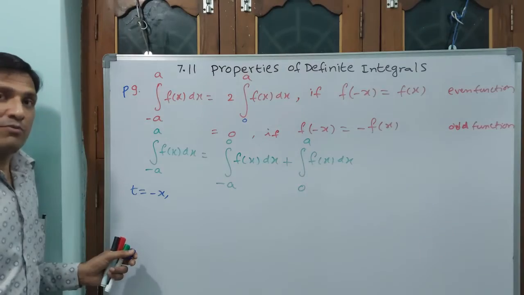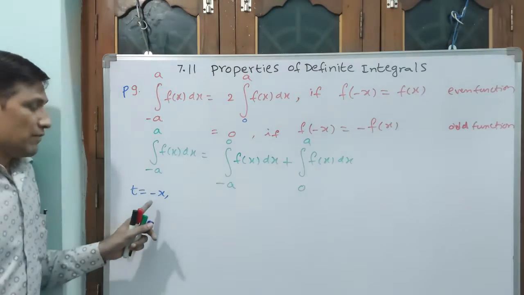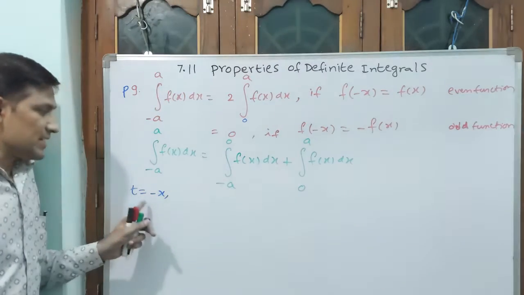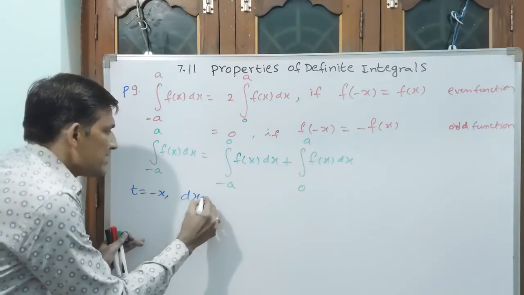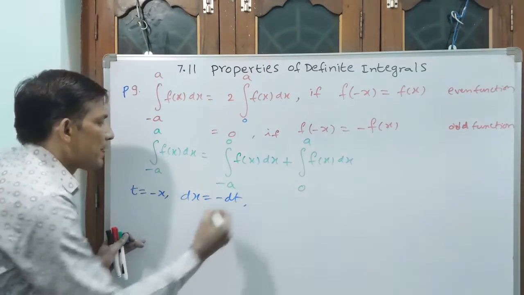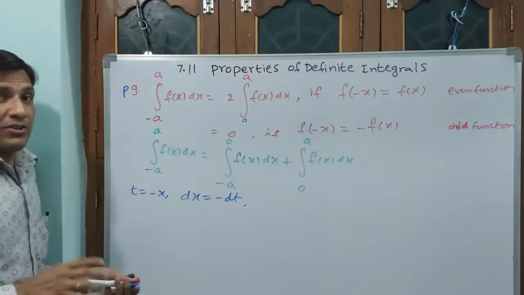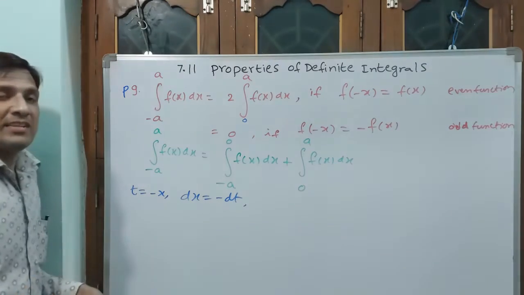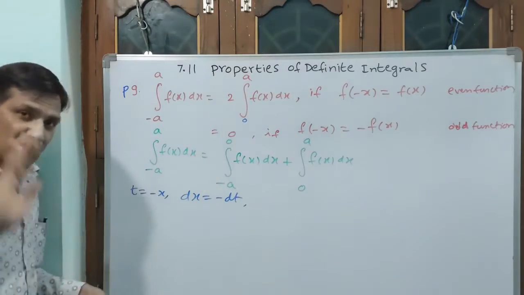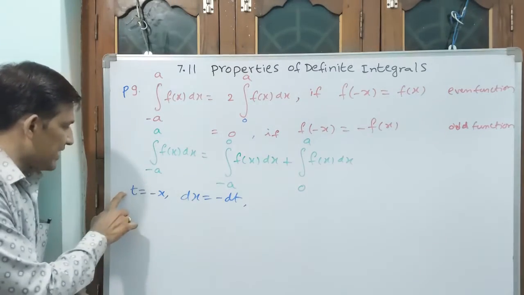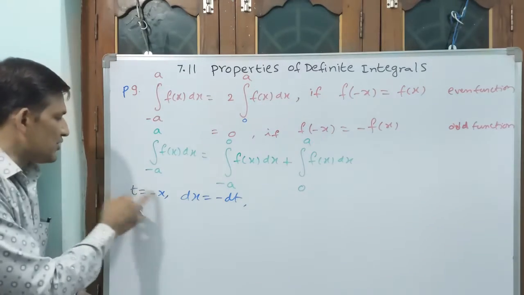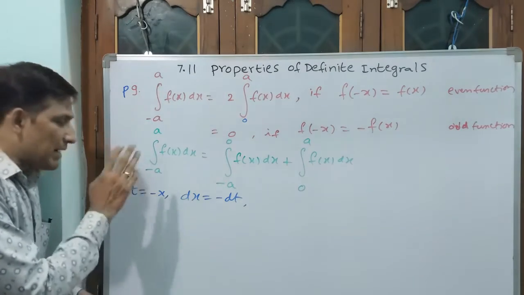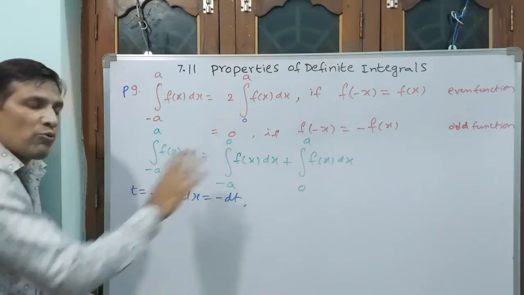Okay, t is equal to minus x, I am taking. If that is the case, t is equal to minus x, then I can write dx is equal to minus dt. You may ask, sir, here minus x is not there, why have you taken minus x? If not minus x, you can take minus t as x, both are the same. Minus t as x also you can take, but rather than this I am going to replace this.